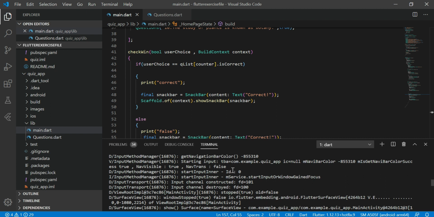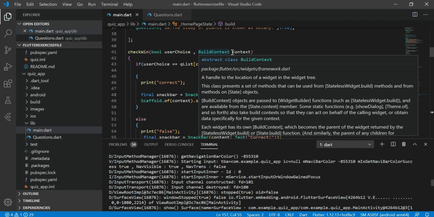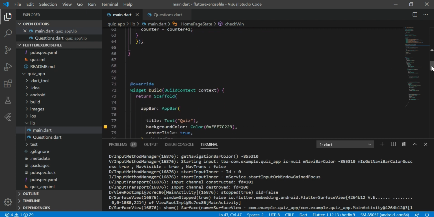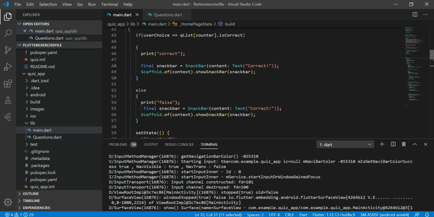This error occurs because we are using a different context. Look at this. We are using a different context outside of the build method. It means this context is different from this context. For your better understanding, I am going to rename the above context.